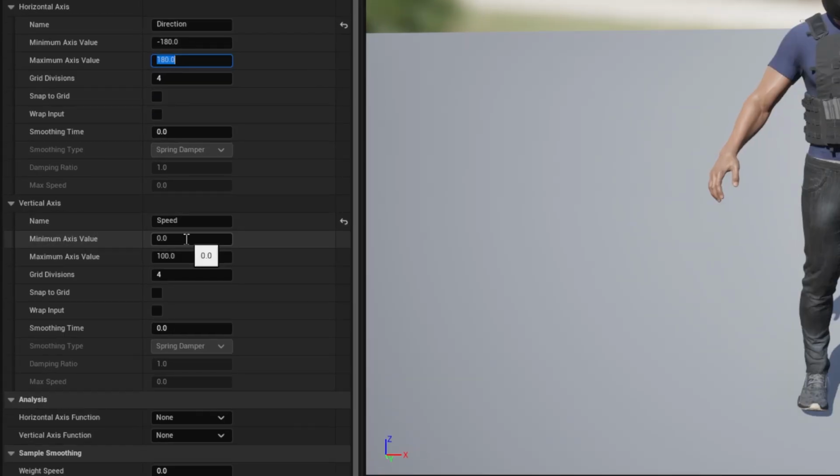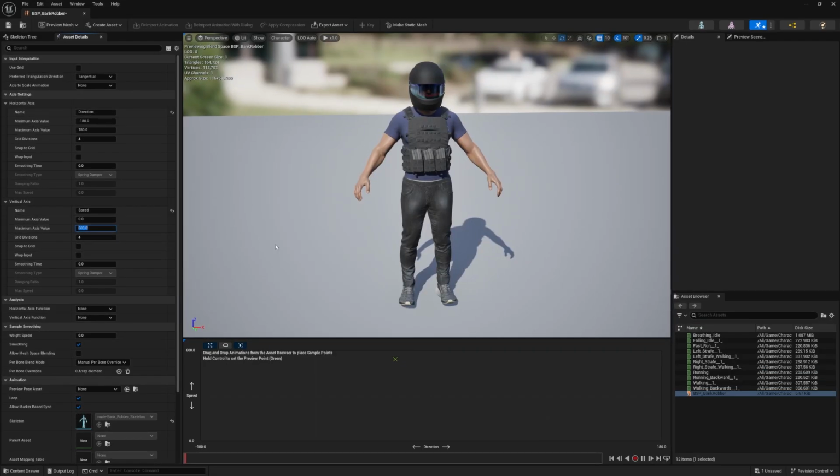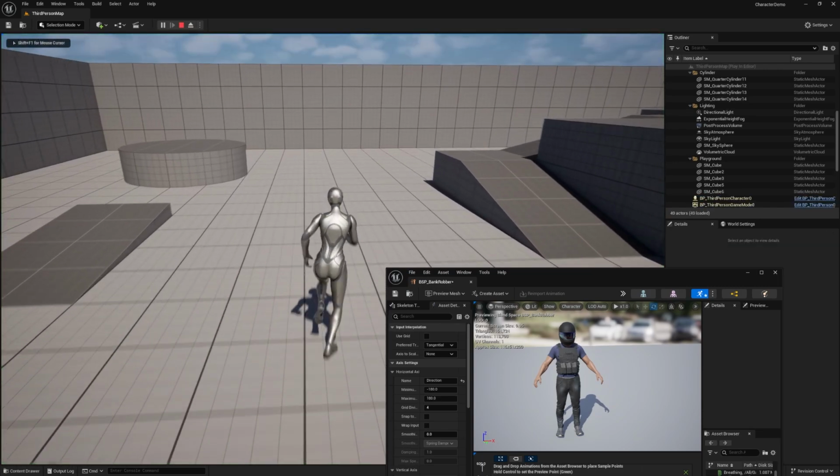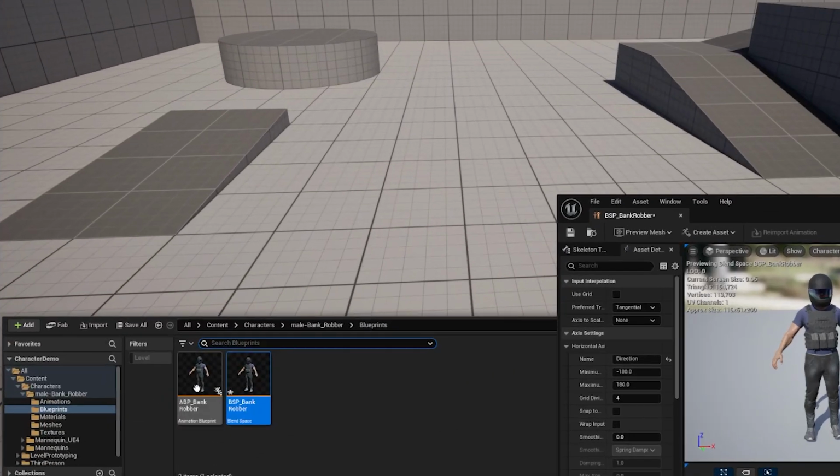Now for the speed, obviously the minimum value is 0 miles per hour. The maximum is kind of arbitrary. It just depends on the game. Off the top of my head, I think the maximum value by default is 600, but let me show you how to check that in case it ever changes in a future version of Unreal Engine. So if you ever want to know the maximum speed of the default character here, just go into your content browser